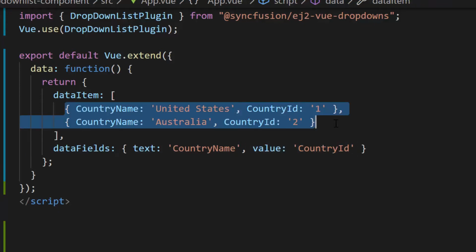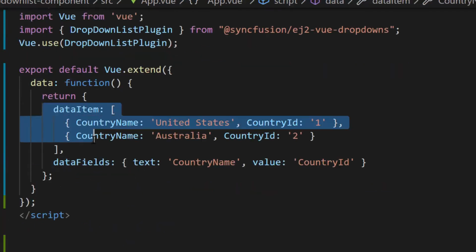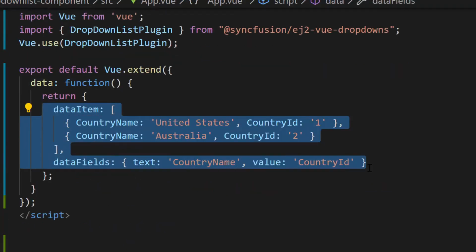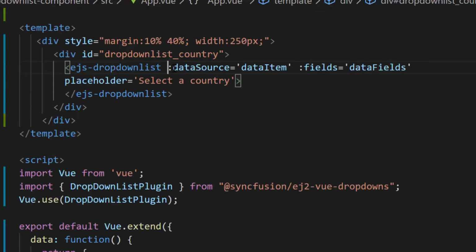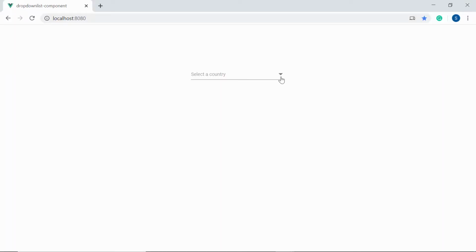I have assigned the country names to data source, so let me change the placeholder property value as select a country. Also, ensure whether this data item and data fields variables are assigned to the data source and fields property of the drop-down list. So here you can see the drop-down list showing country names.